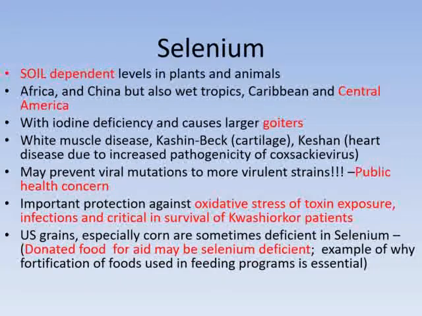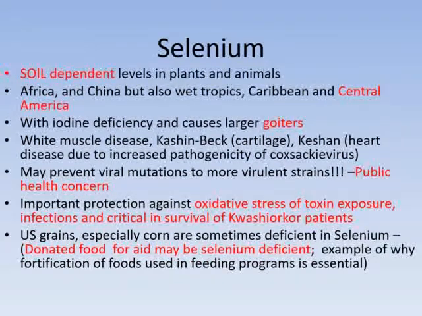And there are two diseases which, of course, we don't really see in our population, but they have been widespread in other countries and controlled by public health intervention. But white muscle disease, Keshan disease, and Kashin-Beck disease, may be due to increased pathogenicity of Coxsackie virus. Now, the selenium deficiency in the